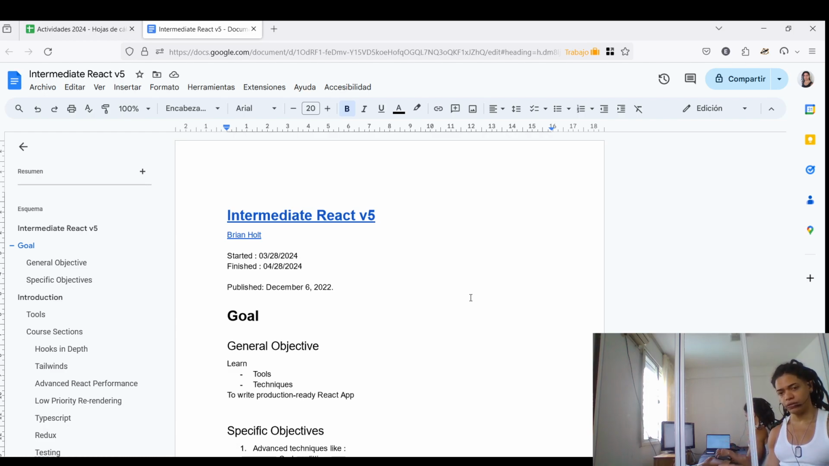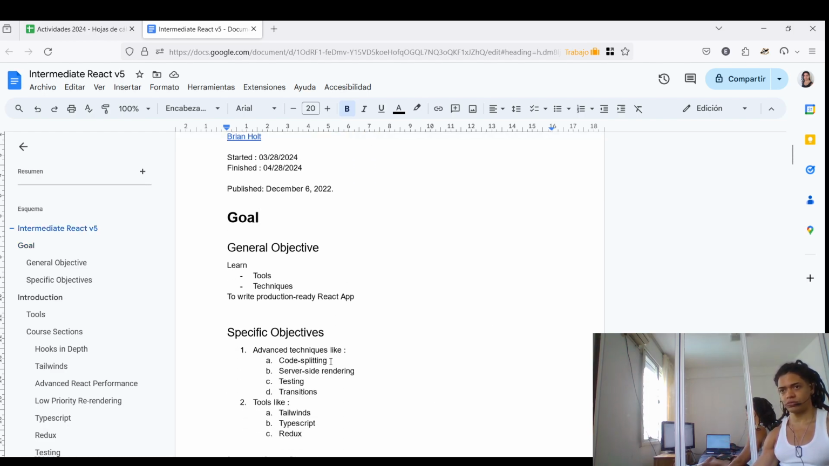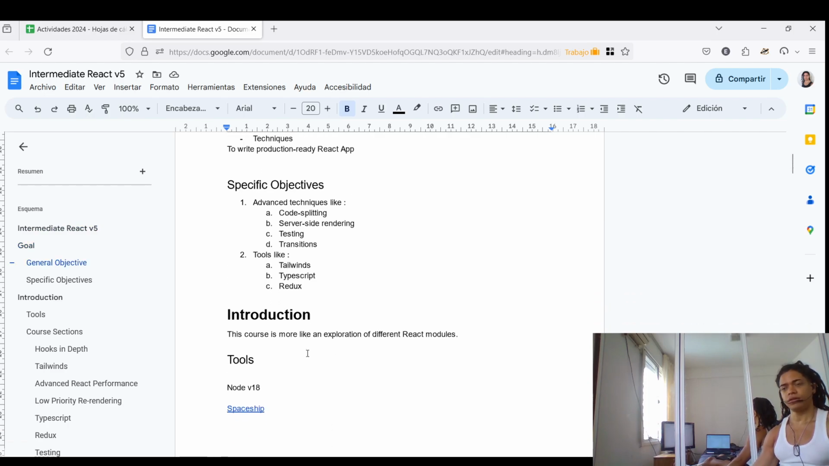whatever you are building, right? So, yeah, this is the specific or the general goal. Learn all of these techniques and tools right now that people in the industry are using to build production ready React applications. So the specific objective is: what are these advanced techniques like code splitting, server side rendering,